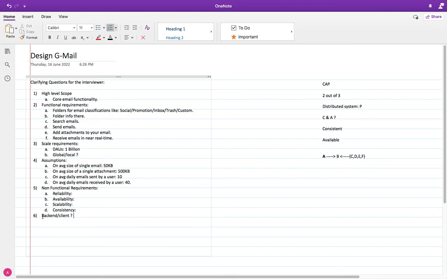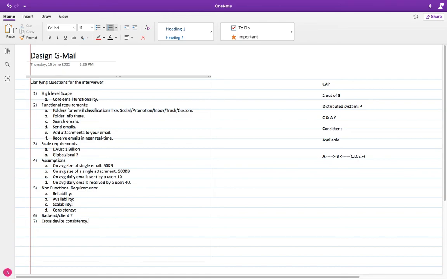For example, Dropbox has some chunkers, encoders. So some responsibilities are there on the client side as well. Do we want to handle the client-side complexities as well, or do we just want to focus on the backend part of the problem? And what else can we ask? We have asked about global and local. The next thing that we can ask is, do we want cross-device